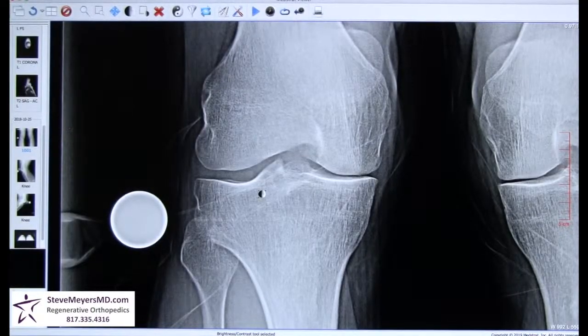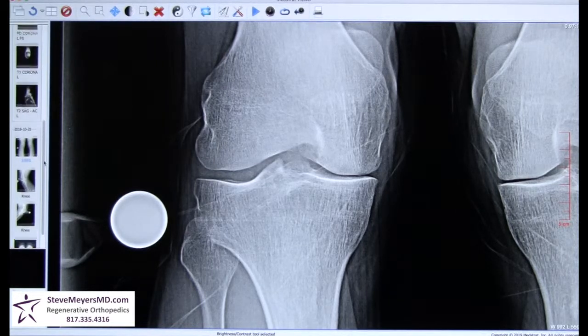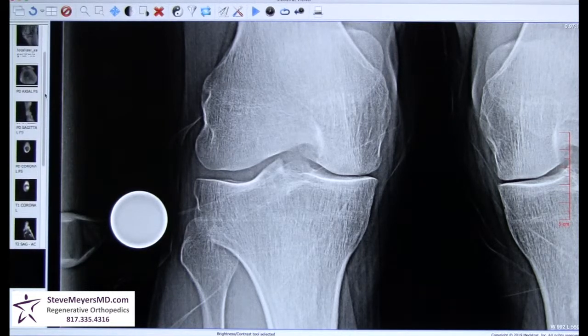Okay, so taking a look at his x-rays, this is a standing x-ray looking at his right knee, and you can see that he has a good amount of thick joint space on the outside of the knee. However, on the inside of the knee, he has some notable loss of space and a mild bone spur on the inside of the knee. Bone spurring is part of arthritis. Switching over to his MRI imaging,